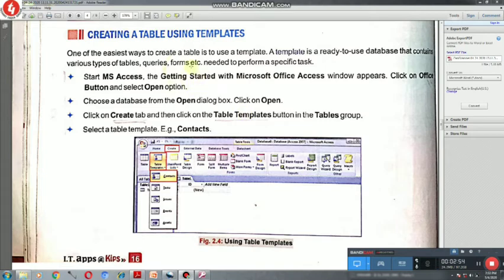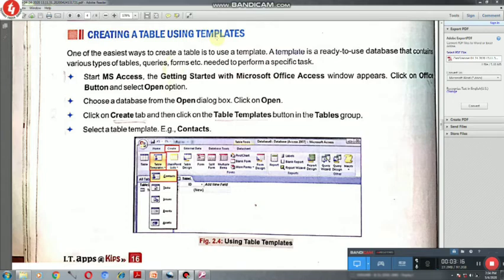Here only, table creation using template is written. Later on we will also learn other processes to create tables. So here we will first learn how to create tables using templates. Actually, templates are the easiest way to create a table, because a template is a ready-to-use database that contains various types of tables.